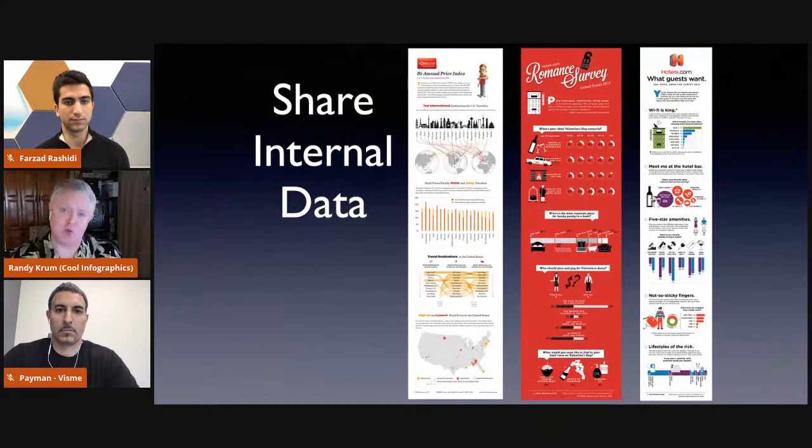On their press website, not on their main consumer website, they had a whole series of infographics about the hotel industry, because hotels.com had a whole bunch of industry information that they aggregate because they do reservations for all the major hotel chains. They could see trends changing over the hotel industry, and so they would release that information to the